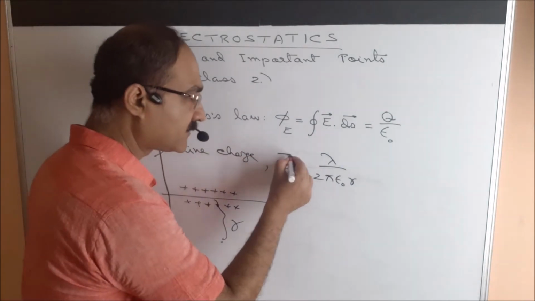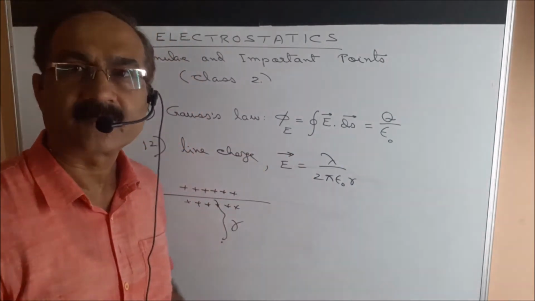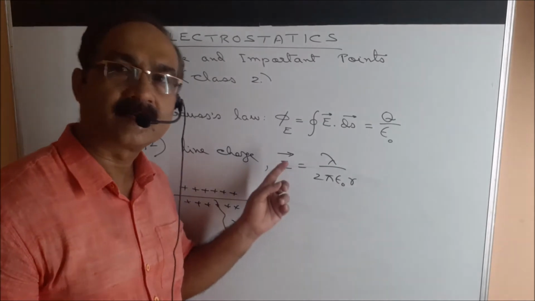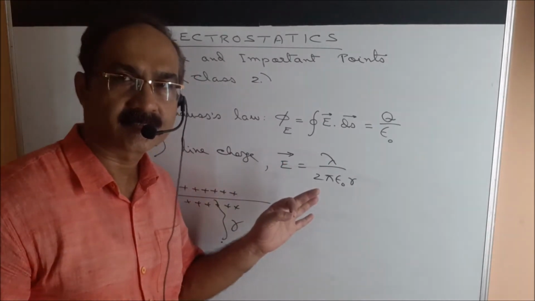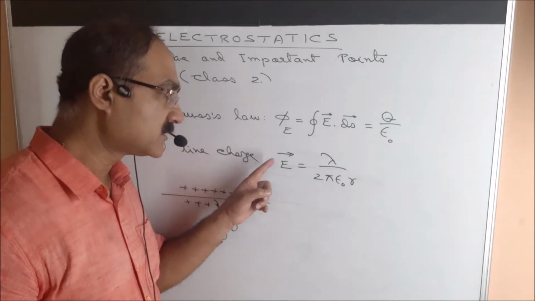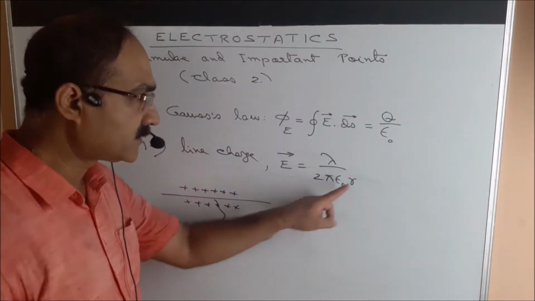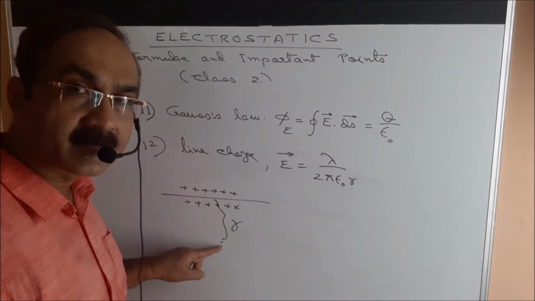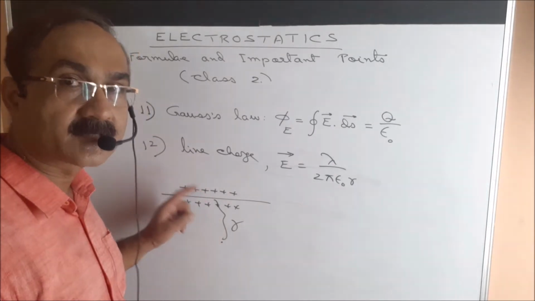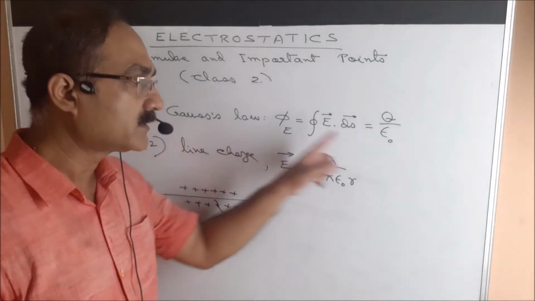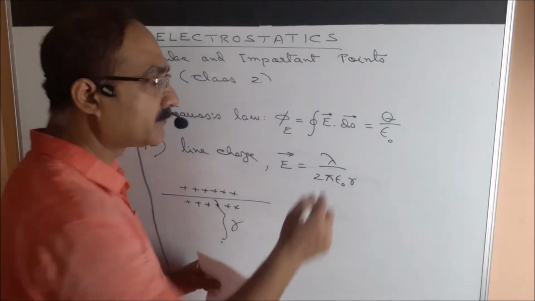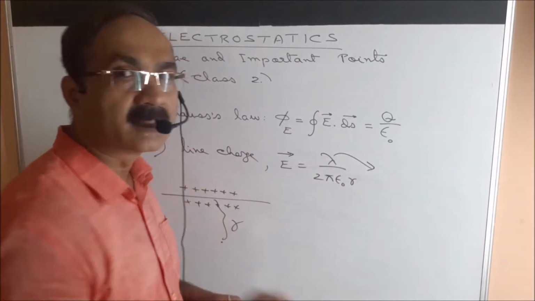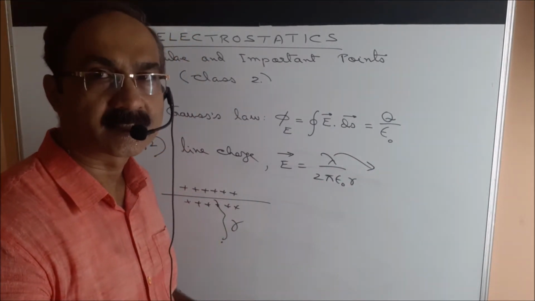So this is electric field, it is a vector. So obviously electric field means electric field intensity at a point at a distance r from this infinite wire, which is charged, which has some charge on it. It is given by this formula, where lambda is called